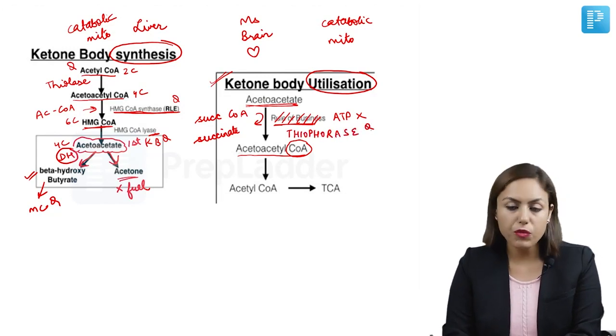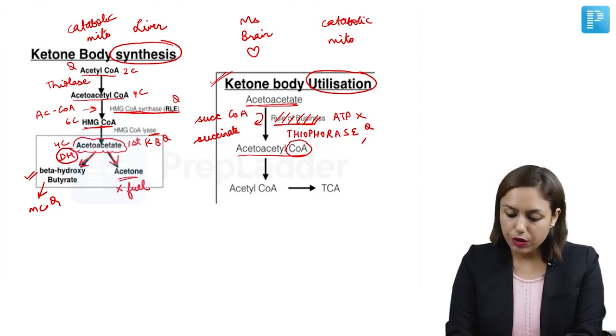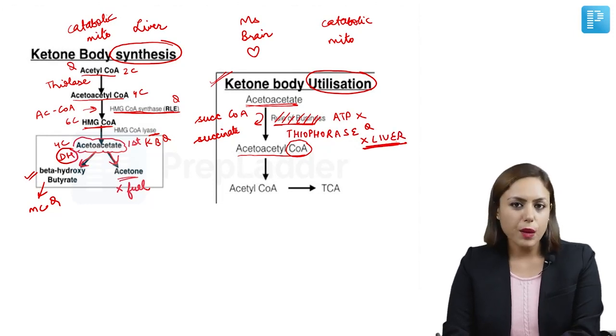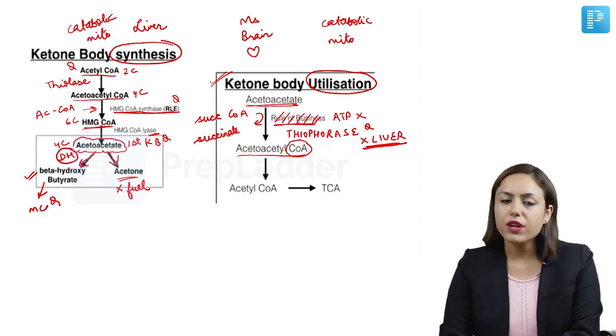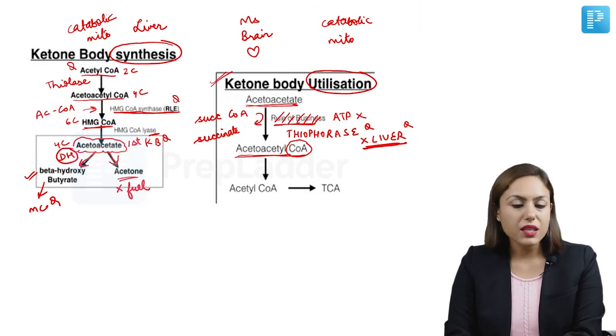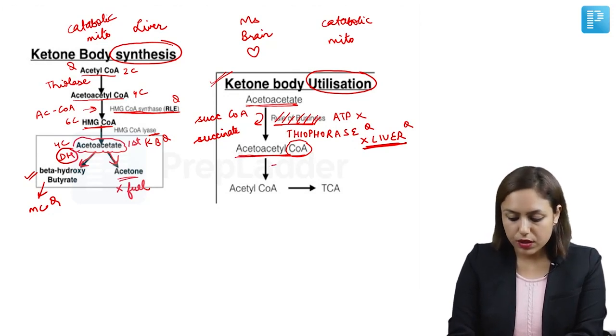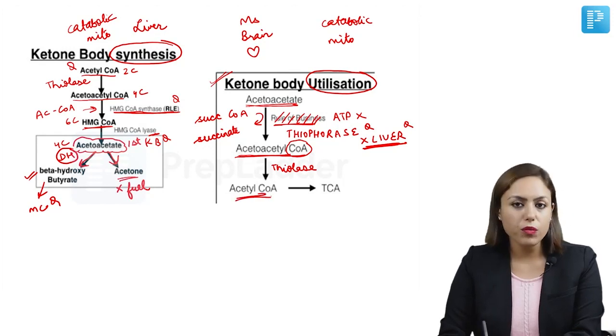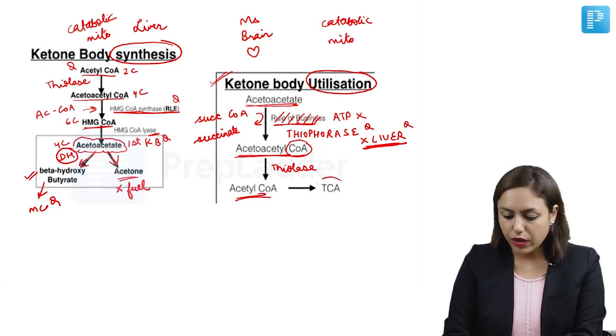So which is the first enzyme of ketone body utilization? Thiophorase. And a very important point: thiophorase is absent in liver. Why is it absent in liver? So that liver can never use ketone bodies. Very important point. Next, acetoacetyl-CoA is taken by the enzyme thiolase, and acetyl-CoA is formed, and then acetyl-CoA will enter